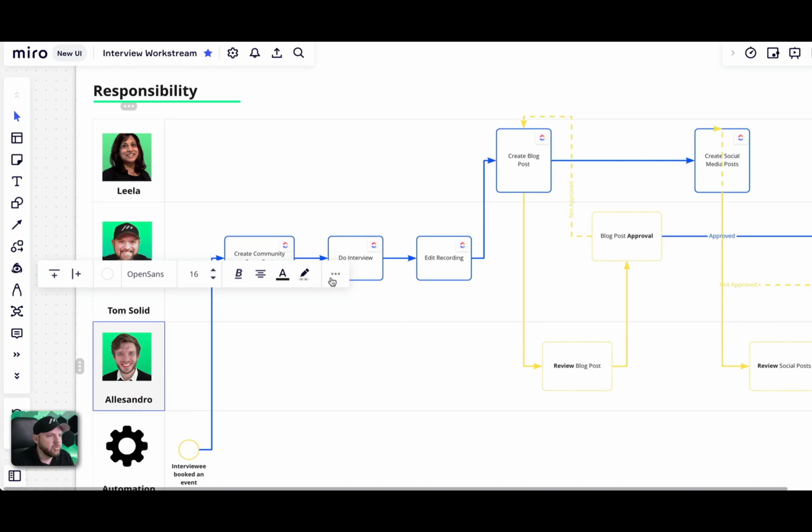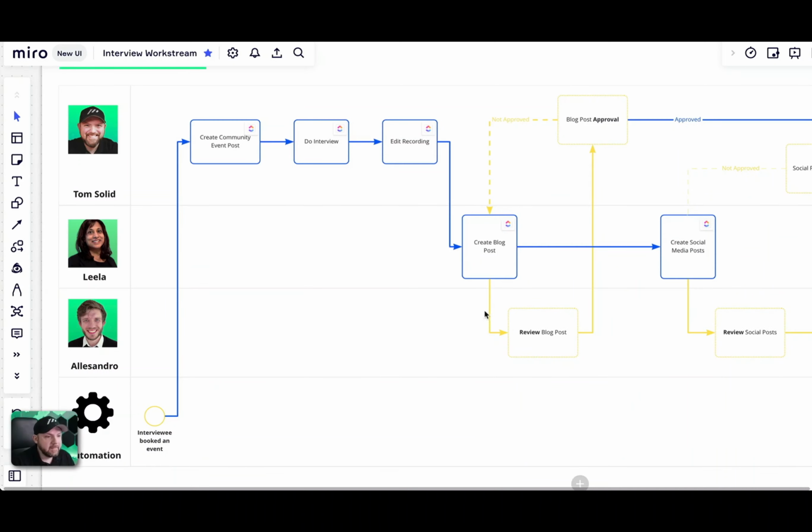It's me, Lila and Alessandro, and we are working on this interview blog post each week, and this is how it works. The interviewee booked an event, then it goes to me and I create a community event post. I do the interview, I do the edit recording, and then it goes to creating a blog post. So Lila is doing this. She goes through the interview and creates the blog post out of this, and then this goes into a review process to Alessandro. He makes some edits there in a blog post as well,